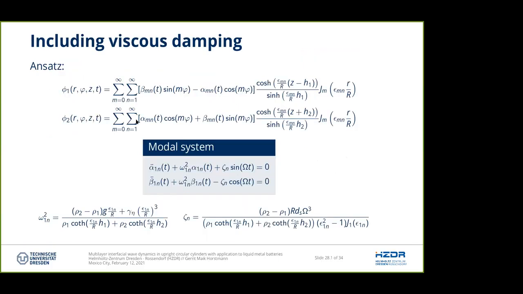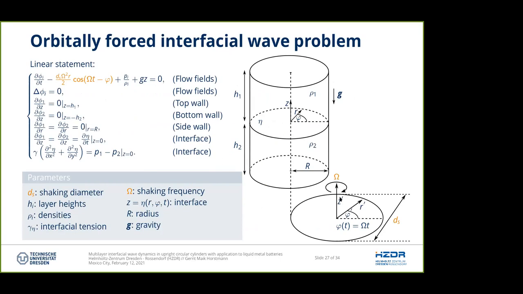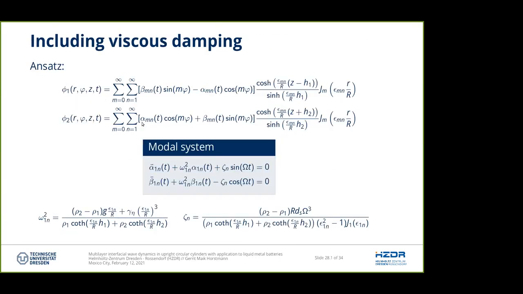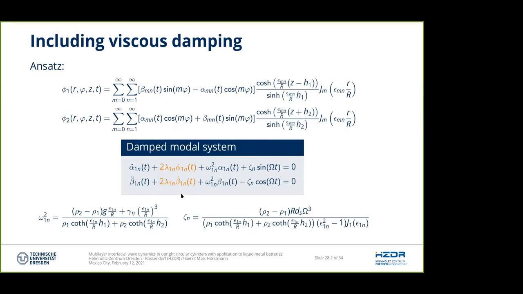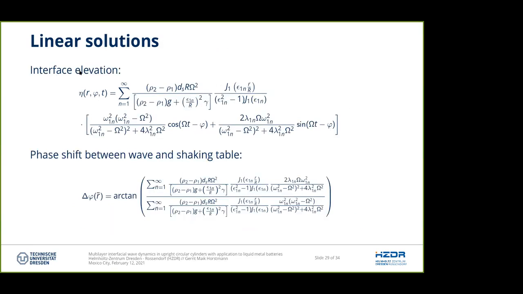And from this, I could derive again some flow potentials where I have now amplitudes which are not free, which are directly governed by the forcing. And from this, you can derive a so-called modal system. So an infinite set of simple ordinary differential equations, where this omega here is a mode-dependent eigenfrequency, and zeta is a forcing term. And I just equipped this set with the damping rates derived by Wietze-Harriman, very complex formulas, but I just included a damping term into the modal system, allowing me to derive explicit solutions